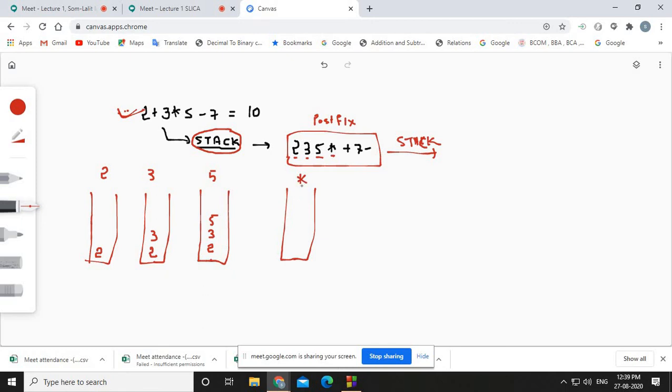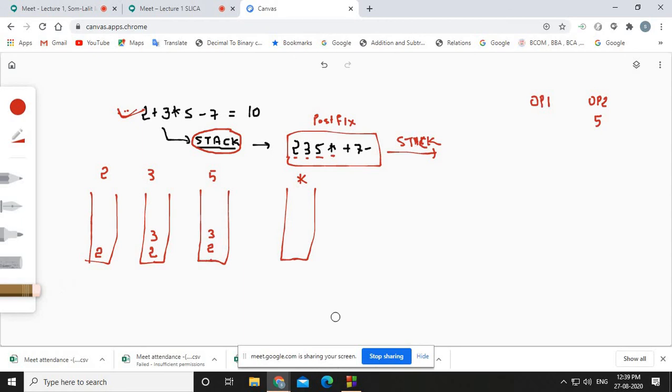Now whenever an operator is there, you just have to pop 2 operands. The first operand will be stored in OP1, and the second operand in OP2. If I do pop, I will get 5, right? So this will be removed.